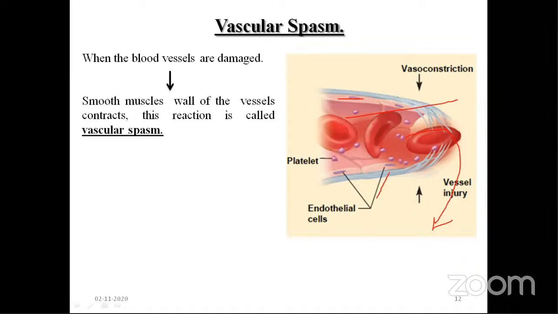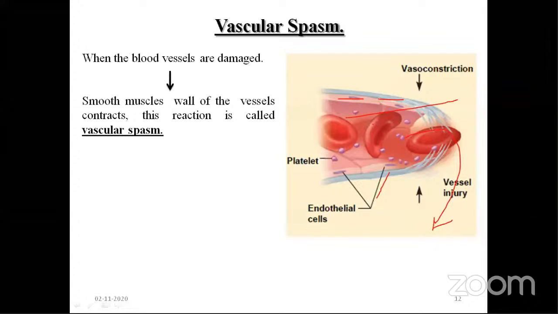And then what happens is that the smooth muscles of the blood vessels undergo reflex vasoconstriction. Now this is very important. Otherwise, you can just imagine a piece of cloth or any dress which you are wearing, it gets torn. Torn means there is a slit. So whenever there is damage to the blood vessel also, the collagen layer becomes exposed, the muscles rupture, and the blood starts oozing out.